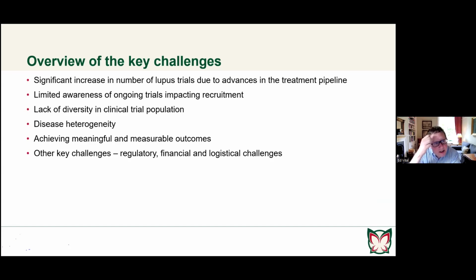I think that there can be a lack of diversity in the clinical trial population. That could be demographic diversity due to something like the ancestry of patient groups, or it could be due to the disease features. So there's an issue with disease heterogeneity. There are also issues in getting these trials to succeed, as in to show us meaningful and measurable outcomes. And from the point of view of the sponsor, there are some major challenges in the field in things like